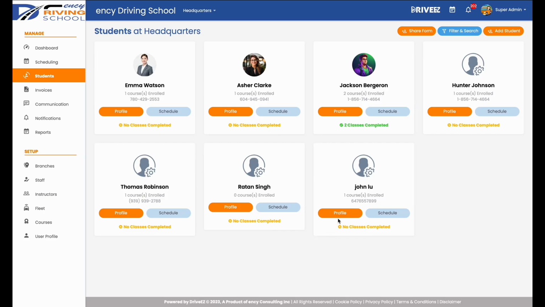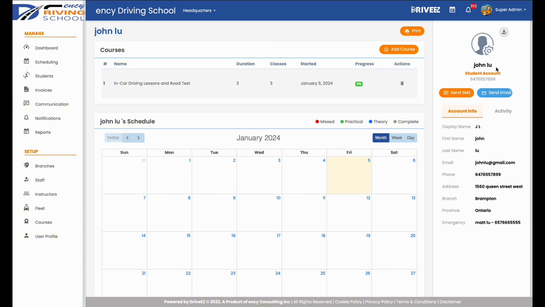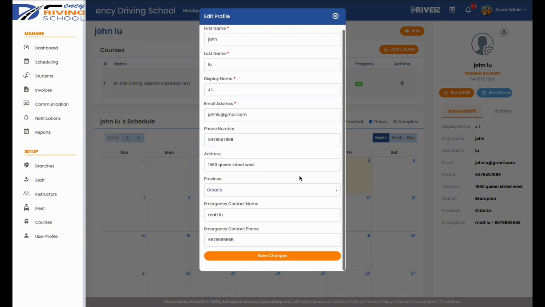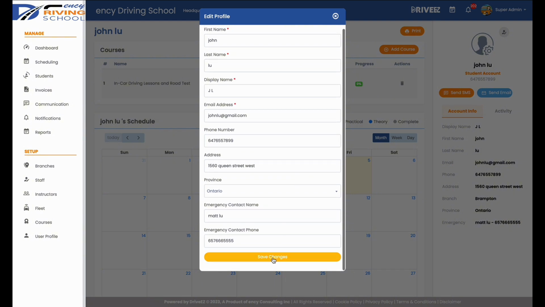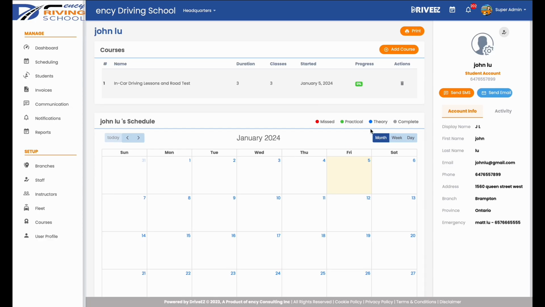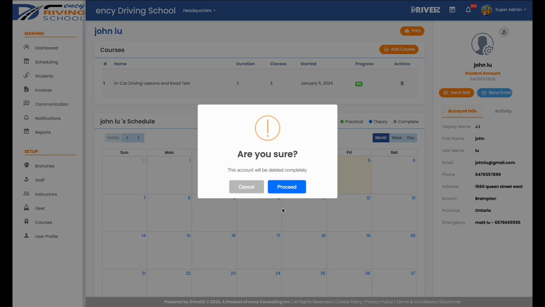To edit or delete a student, first click on the orange Profile button under the desired student, and then click on the small gray icon next to their profile picture. This opens up the drop-down menu with options to edit or delete the account. Clicking on the Edit Profile button will open up the edit form through which you can change and edit the information. Once satisfied, click on the Save Changes button to update the account. To delete an account, click on the Delete button in the drop-down menu, and then click on Continue to permanently delete the student account from the